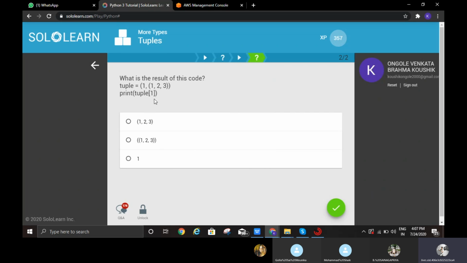One is the index value. Tuple of 1 means, which one will it print? First option, right?